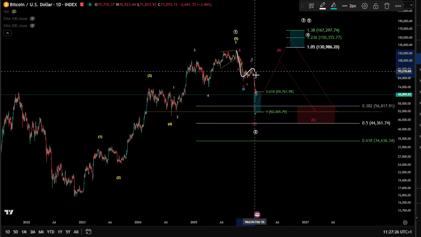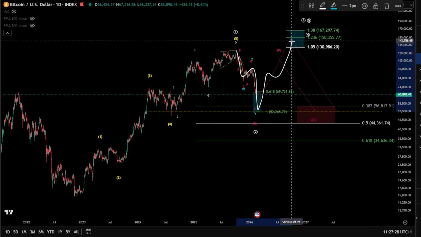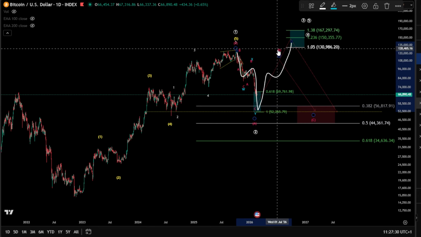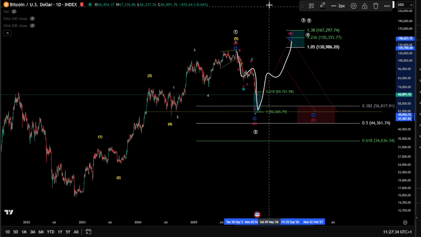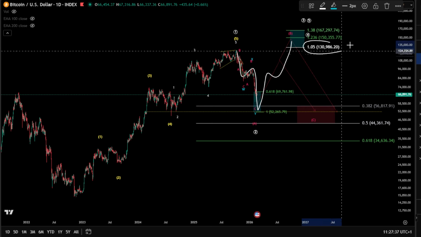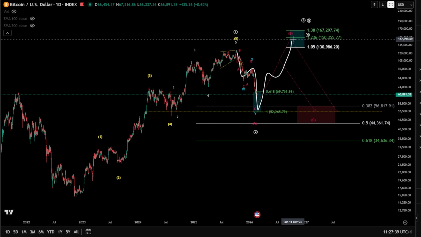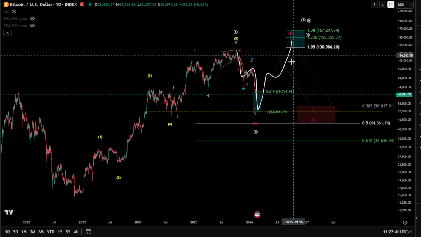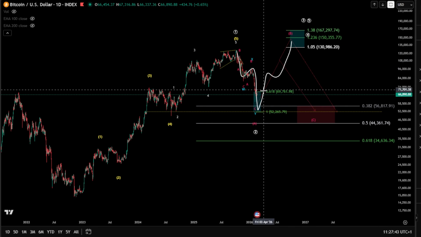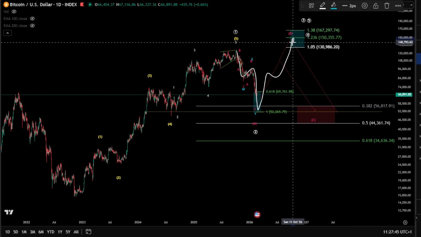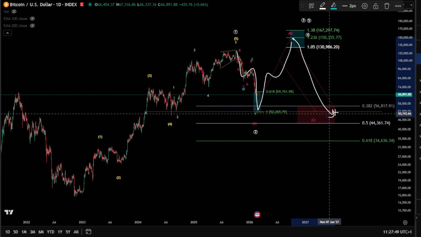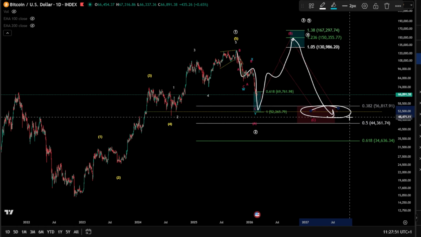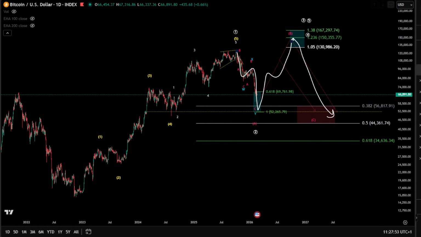Of course, another possibility can be even a new all-time high here in an expanding flat wave B, which of course can reach the 1.05, 1.23 here, 130k, 150k if you want to, tricking everyone that we are going for a new all-time high as a bullish scenario, but this might be, of course, a correction, and then pushing down for wave C again to the same area, because it has to hit this area, of course, as 0.38.